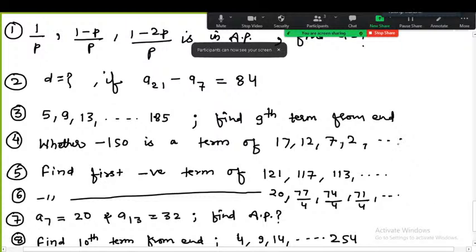Okay. In the first question, you are supposed to find out P. Similarly,